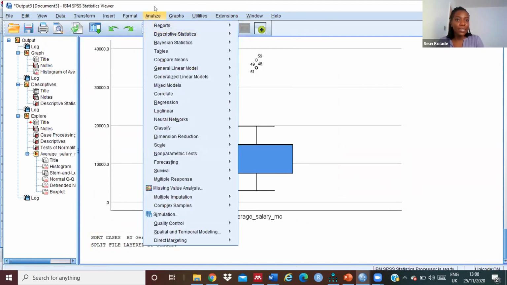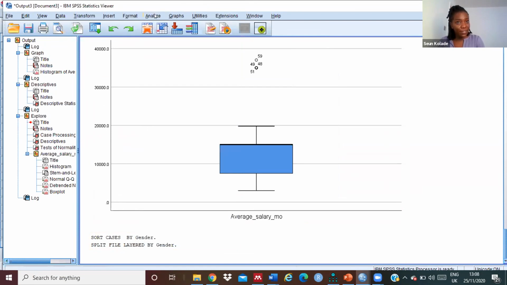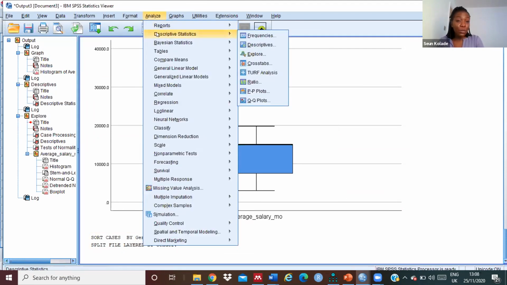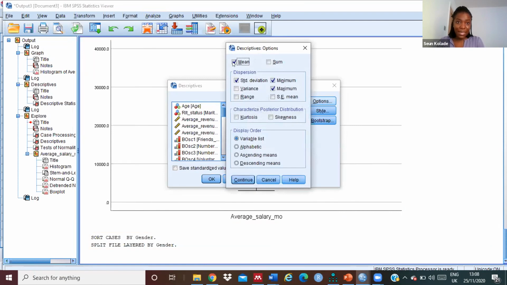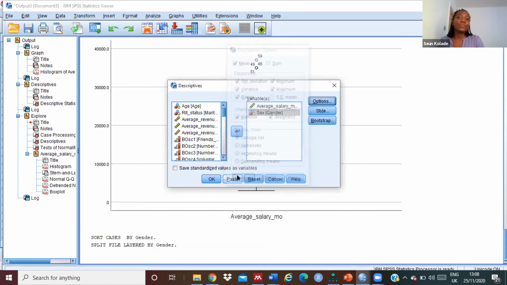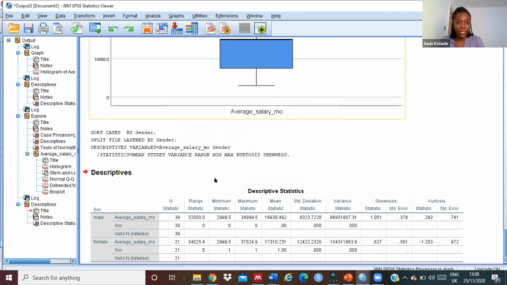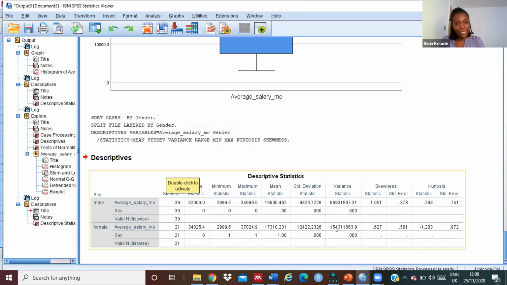So if you want to analyze your descriptive statistics according to gender, you simply go to Analyze. You go on to Descriptive Statistics. You select Descriptives. Average salary is already selected. So there you go. And then now you can place gender as well on there. You make sure that the items you're trying to understand, so the descriptives, the variance, the range, your kurtosis, and skewness are also selected, and you simply continue. So now when you look at your descriptive statistics,